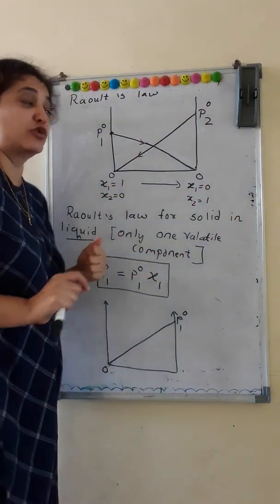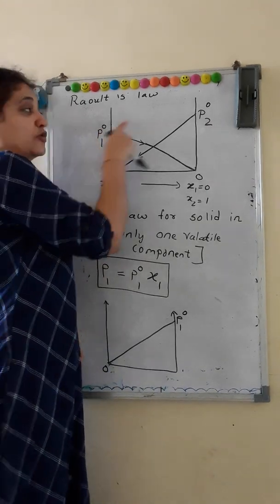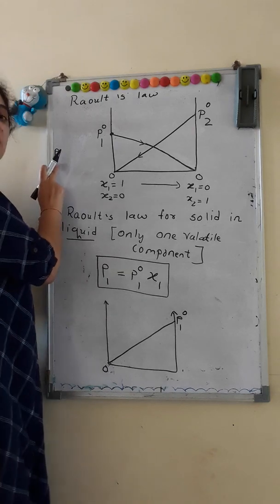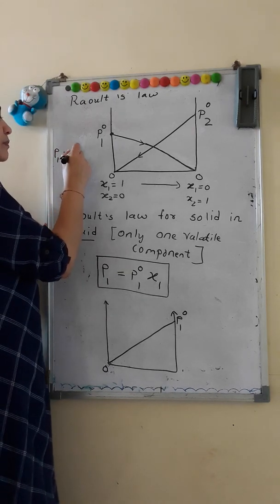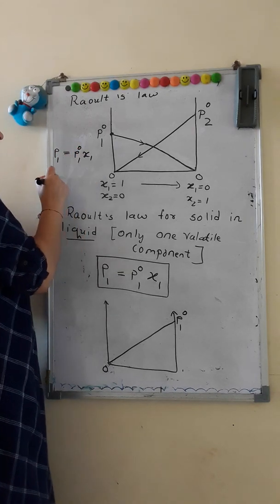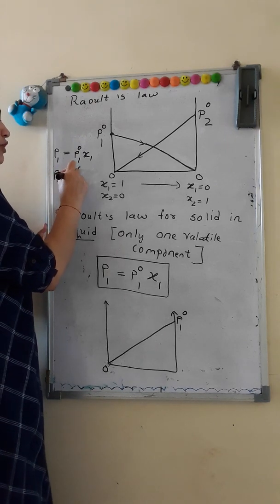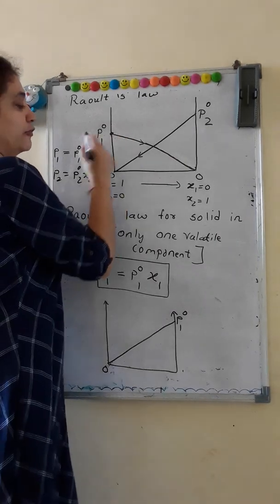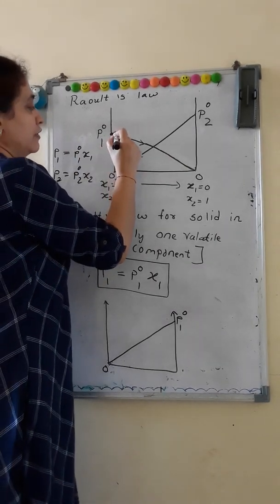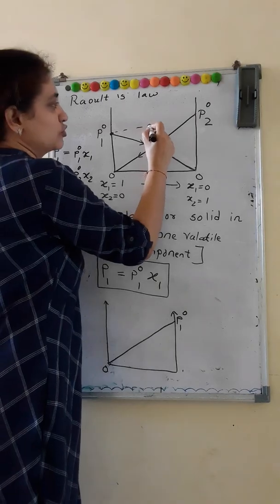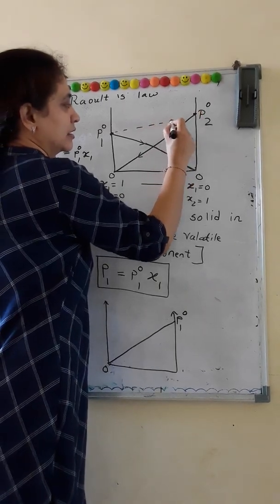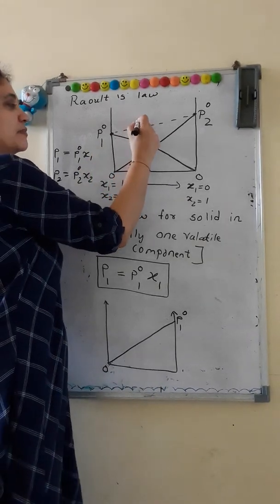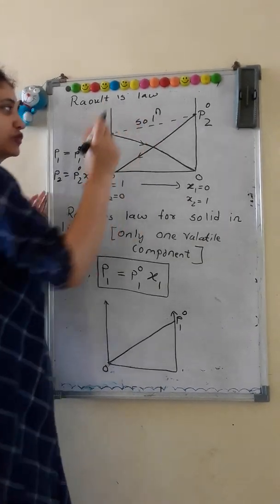So vapor pressure of solution will depend on the value of P01 and P02 as per Raoult's law. P1, that is partial pressure of liquid 1, will be equal to P01 into chi1 and P2 will be equal to P02 chi2. This we have seen yesterday. So for getting vapor pressure of a solution, we just have to join these two maxima in which both the liquids are not mixed. So this dotted line represents vapor pressure of solution.